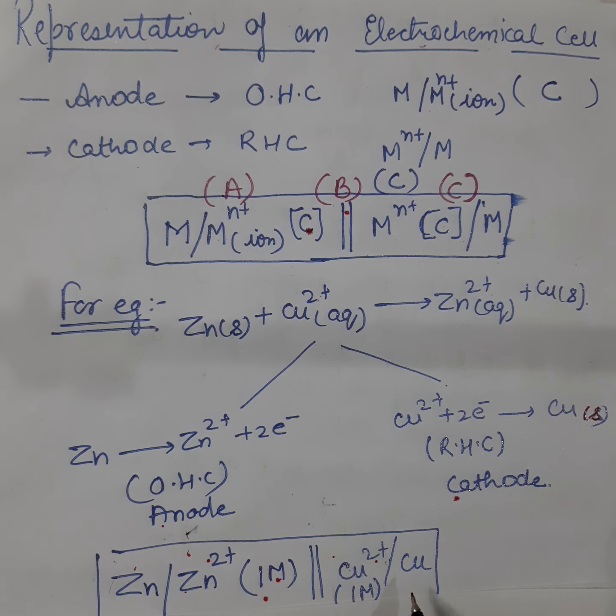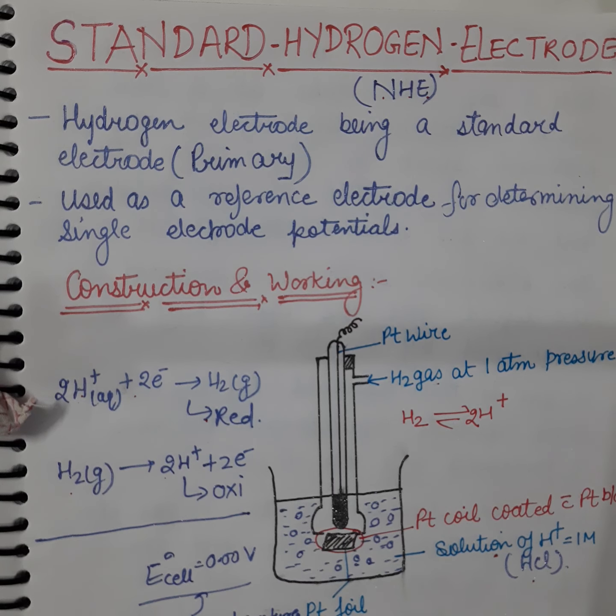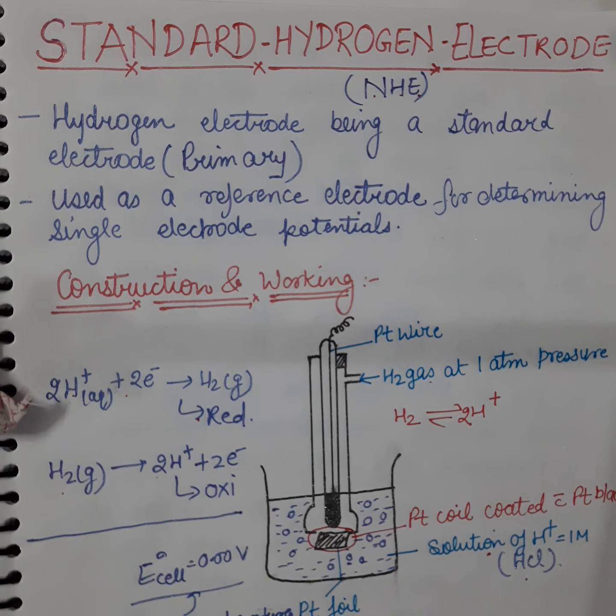Now I am going to start standard hydrogen electrode. Now students, standard hydrogen electrode. Standard means when we use this word for comparisons, a standard that everything can be measured against. For determination of half reaction current flows and voltages, we use a standard hydrogen electrode. We can use this system to measure the potential of other electrodes in the half cell. So that's why it is known as the reference electrode.